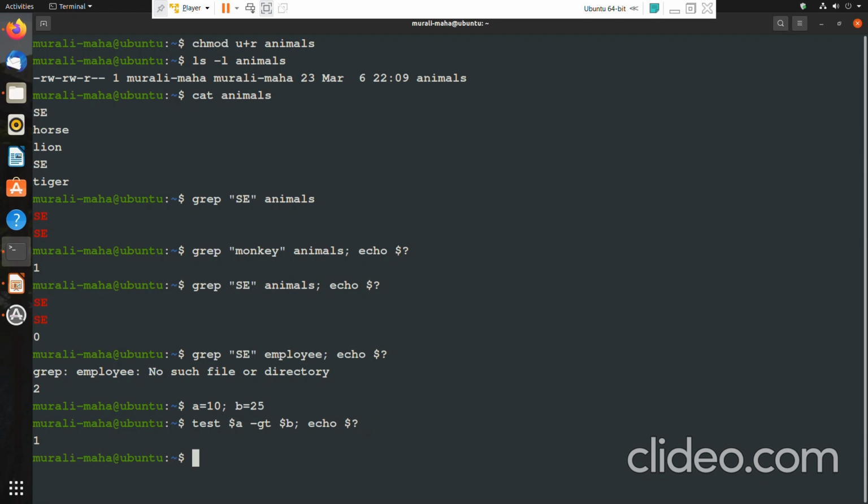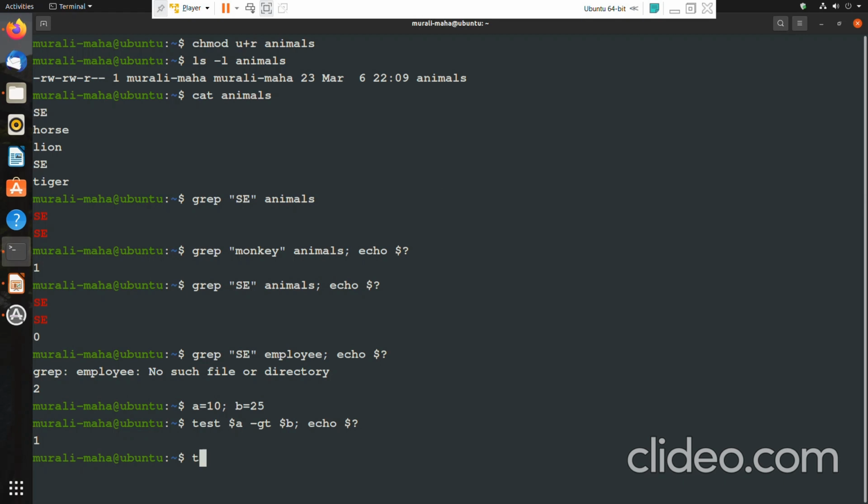So now it has stored a value 1. Why? Because $a is not greater than $b. So this relational expression is evaluated to false, and hence it has stored a value 1 in the $? variable.